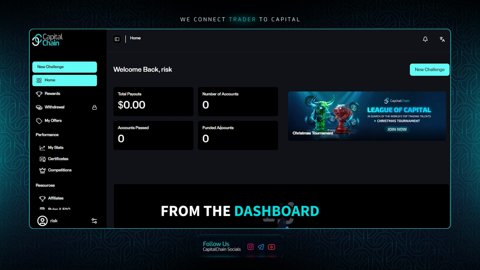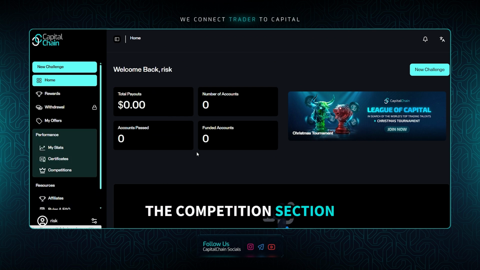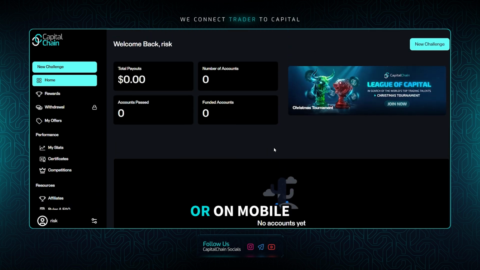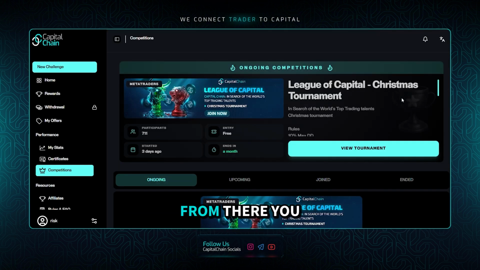From the dashboard, you can access the competition section from the left menu or, on mobile devices, through the hamburger menu. From there, you can view the tournament details